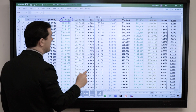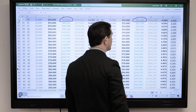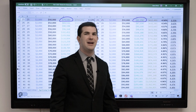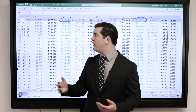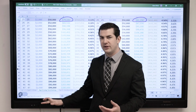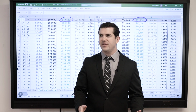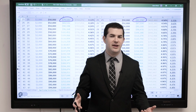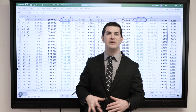$79,000 with Company A and $81,000 with Company B. Not a huge difference. And here's one thing I'll add as well. If we're projecting out 25 years on an illustration based off the company's current assumptions or current dividend rates, things are going to change. The actual values will not represent what we see on a